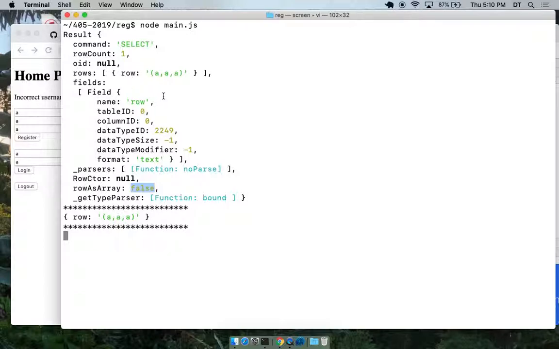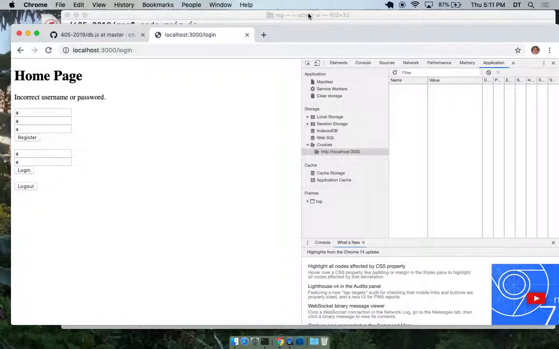Have you retrieved the results from these before, or just retrieved whether or not they succeeded? From what I've seen of your code, it's select, isn't it? It looks like you haven't used select. Yeah, I didn't do it, I used insert. That's right. So select looks like it's a little bit different. So how do I get rows? You'd want to pull it as an array. How do I do that? I'm not sure, but it looks like you could enable it as an array, and that row thing there should come as an array.